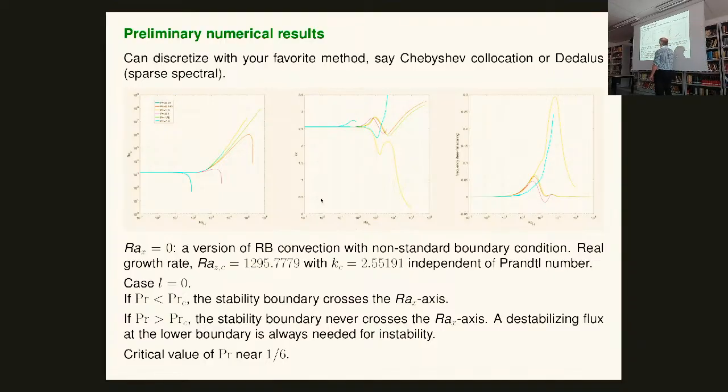So what you notice in this case is it's a well-known result. This is Prandtl independent. Rayleigh-Bénard marginal stability does not depend on your Prandtl number. So these different curves are different Prandtl numbers. They all come in to 1200 with this wave number, 0 frequency, and whatever, 1290.